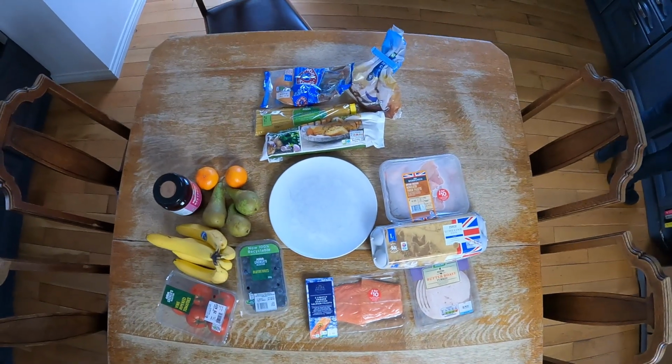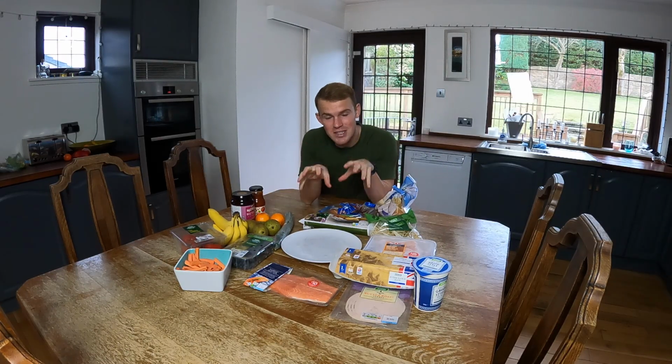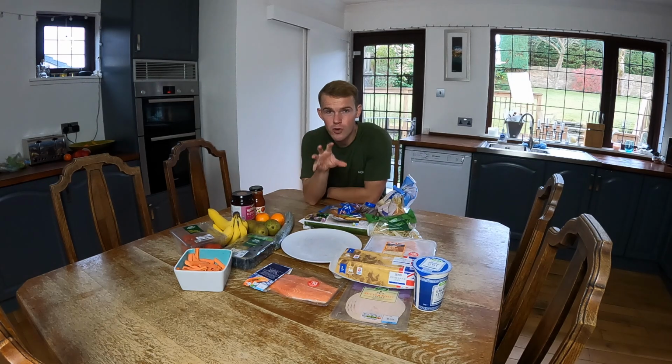This right here is the performance plate. I'm going to tell you all about it. For me, this is the most important part of a footballer and athlete's life: nutrition, what they're putting inside their body. What you eat determines how you feel, how much energy you have, and how fast you can recover from training